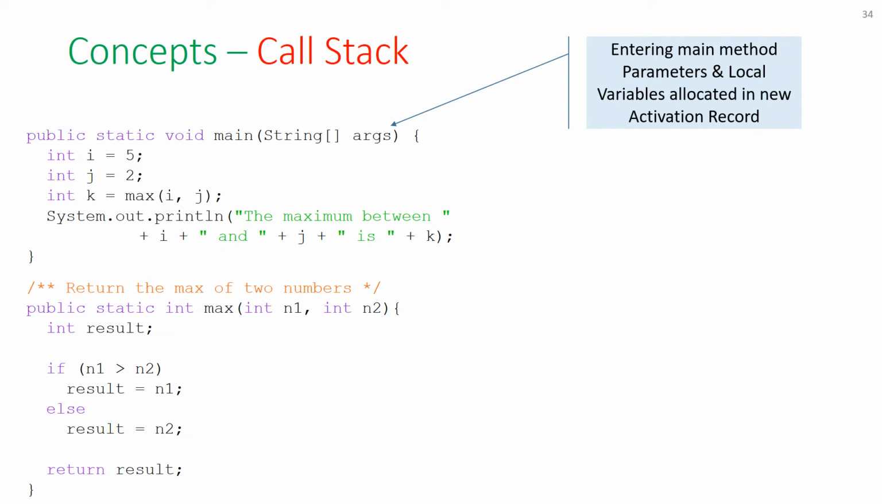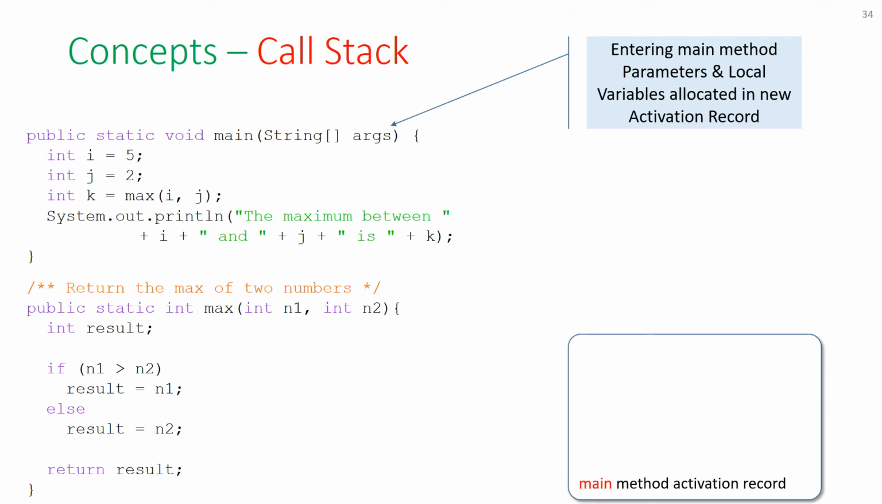So what's interesting is what happens when we call the method. So let's take a look at the method we are going to call. It has 2 parameters, num1 and num2. It has a local variable int result. And then we compare num1 and num2. We set result to the largest one, and then we return result. So now,